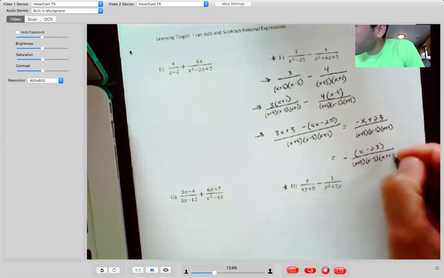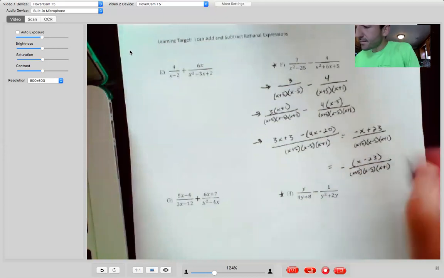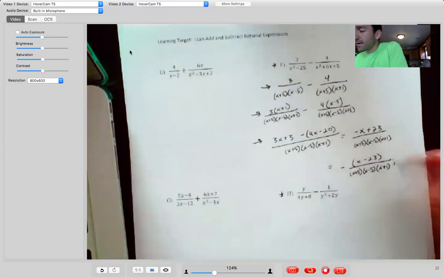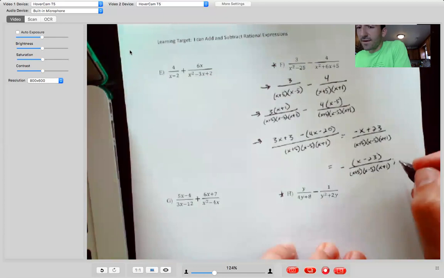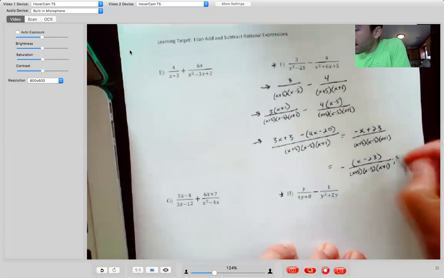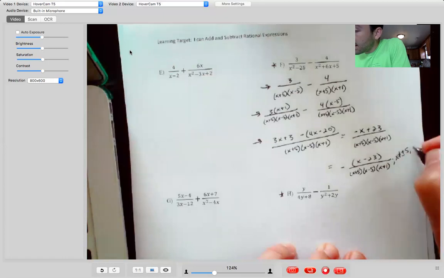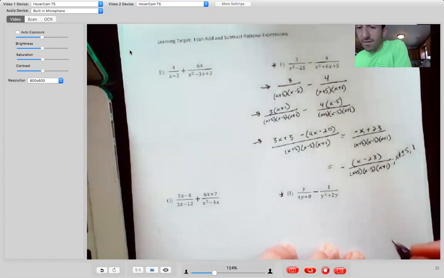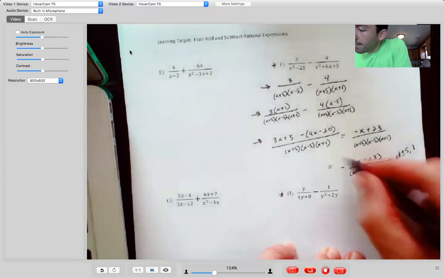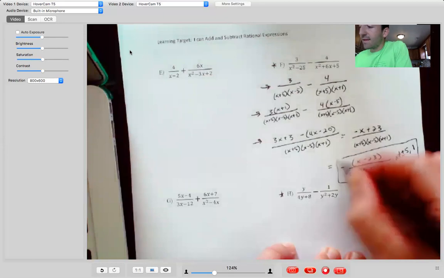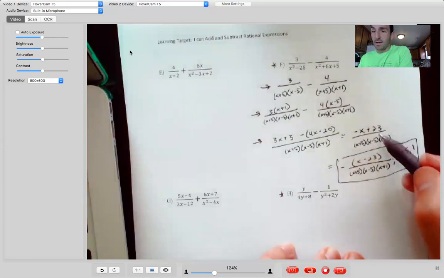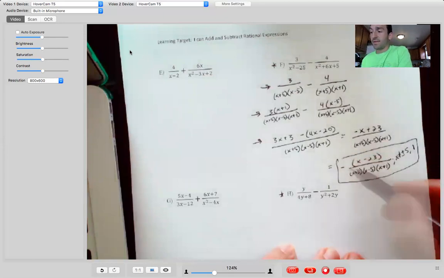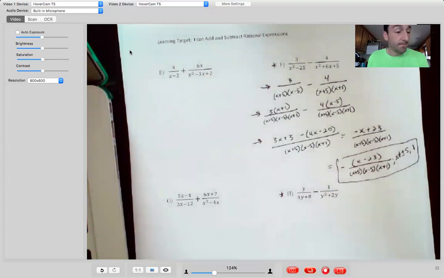And then our restrictions are: x can't be plus or minus 5, and x can't be negative 1. Like I say, that answer might work, but if not, they're wanting you to factor out that negative sign, or